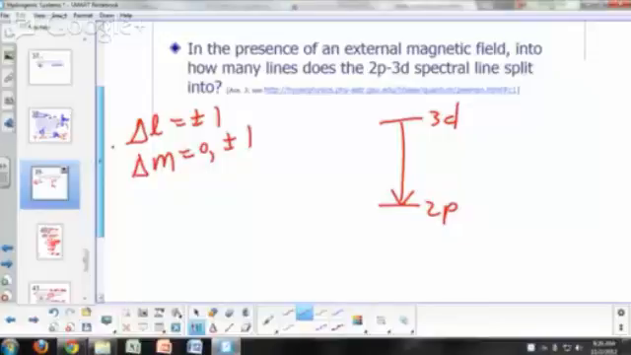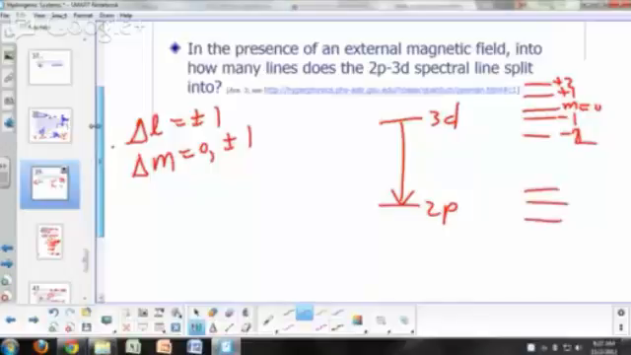This 3d will now look like what? 5 different levels. This is for m equals 0, m equals plus 1, m equals plus 2, m equals negative 1, m equals negative 2. Your 2p will now be 3 levels. You have 2p0, 2p plus 1, and 2p negative 1. Okay? So your m equals 0 levels are not shifted by the magnetic field, but the negative m's and the positive m's are shifted. So instead of just this one line,